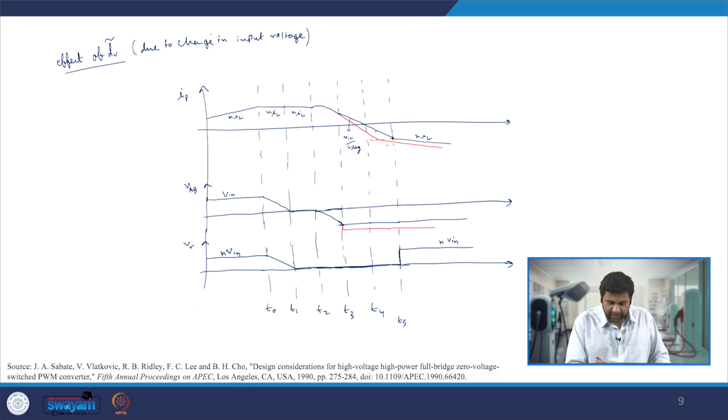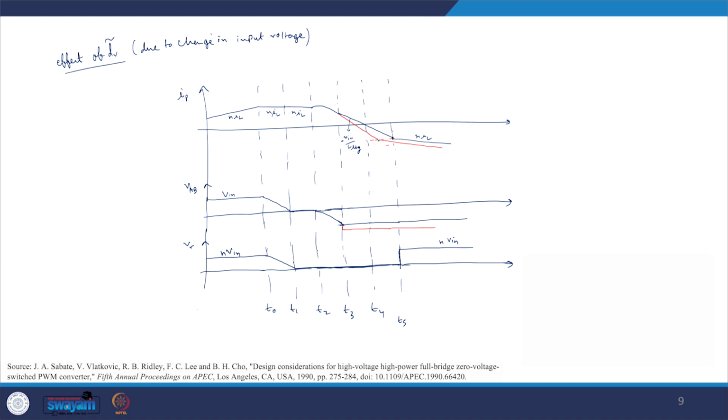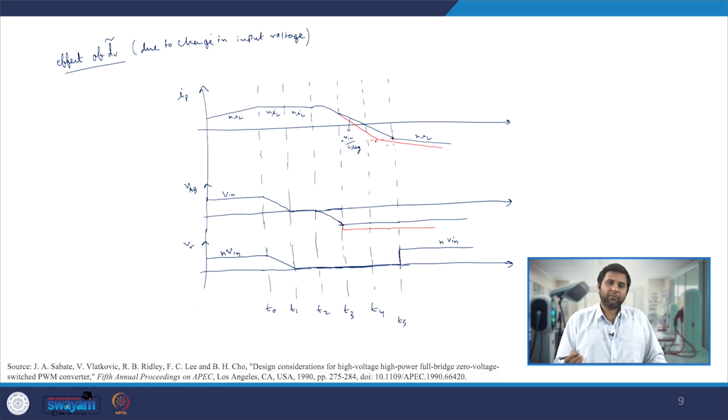Now because of that, since our slope has increased, the slope which is falling down, which is minus V in by L leakage, is falling, and since my V in voltage has increased, my slope has increased. That's why you will see it fall down faster and reach this IP, which is equal to the reflected value of IL, faster. As a result, in this period it will be the same like this. However, during this point when this happens, it will actually be going over here,